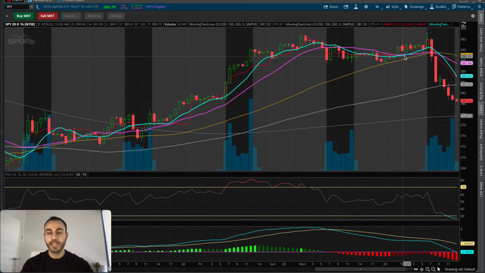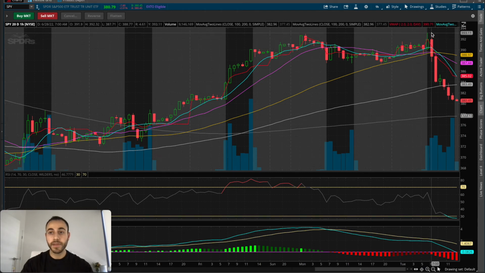But here, once again, the following day, which was today, we got rejected at 393 once again. Knowing that this is a double top pattern, a very bearish pattern, we can wait an hour and make sure that this rejection is actually going to stick. We wait the hour and notice that the market wasn't able to get above 393 on the first hour, and then the next hour closed us all the way below the support of the 50-day moving average,